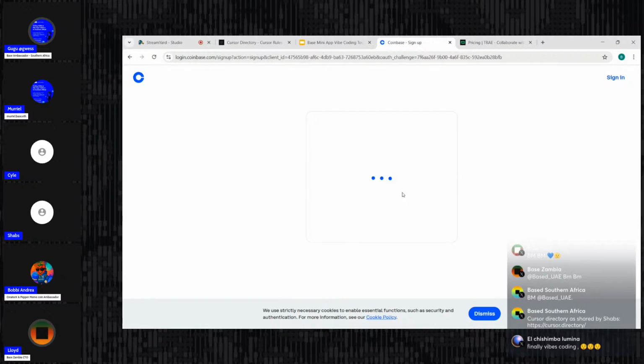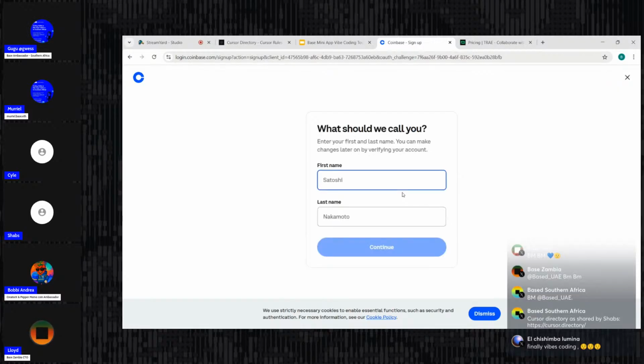So guys, every time you are sharing or building stuff, always try to keep your API keys secret.